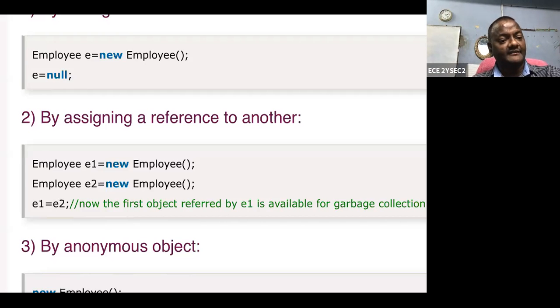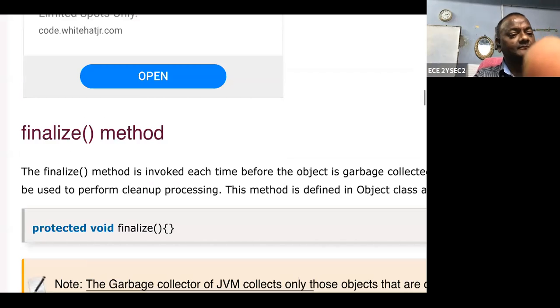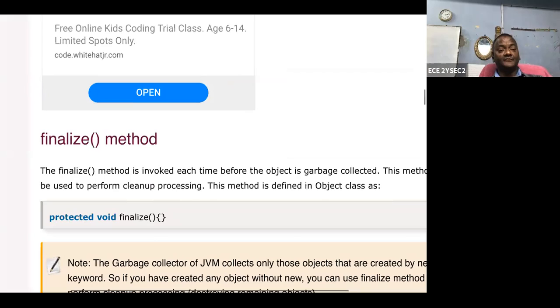And the next one is a new Employee, which is an anonymous object. Whenever a new Employee is created, by default the JVM can clear it through garbage collection. For this, there is one method called the finalize method.